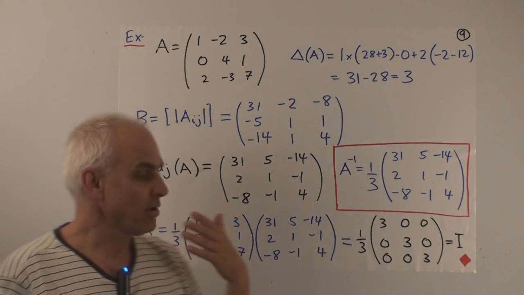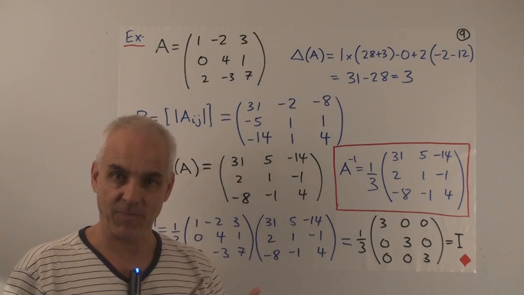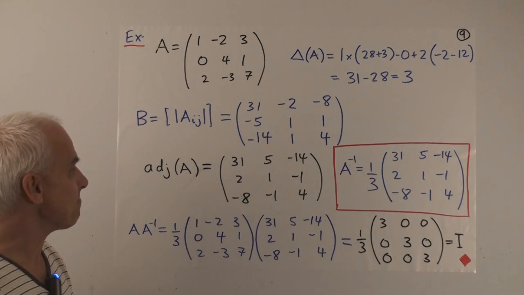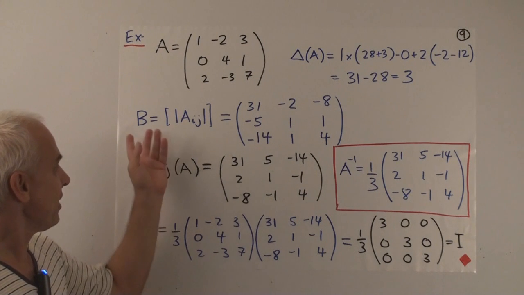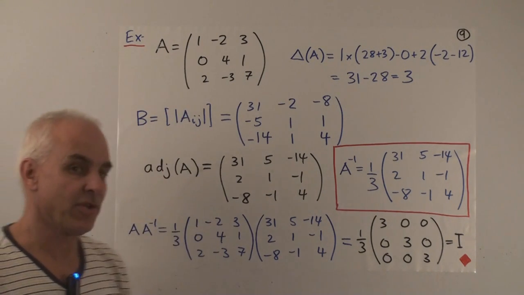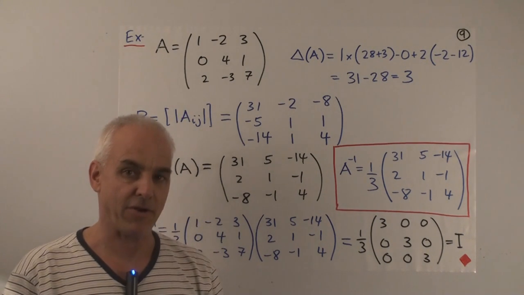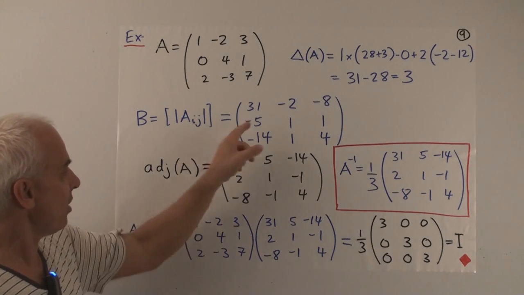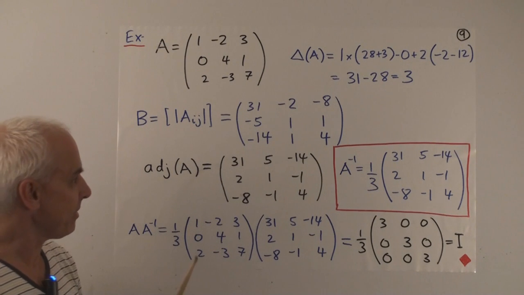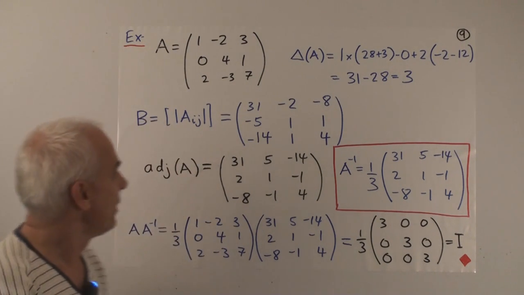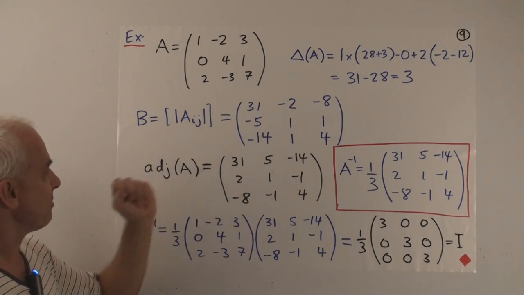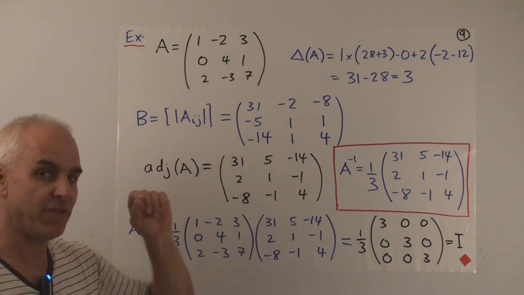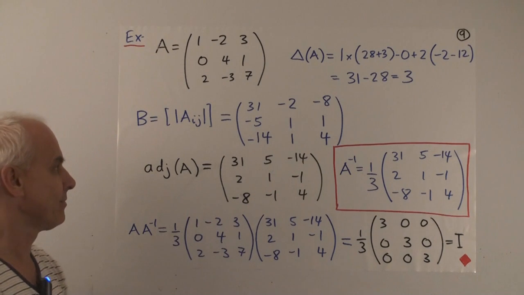Now, to calculate the actual inverse. And I'd like to do this in some stages. So first I'm going to calculate for each of the entries the determinant of the corresponding minor. And I'm going to put that in the corresponding spot on the matrix. So let me illustrate what I mean by that. I'm going to create a new matrix B whose ijth entry is the determinant of the ijth minor.